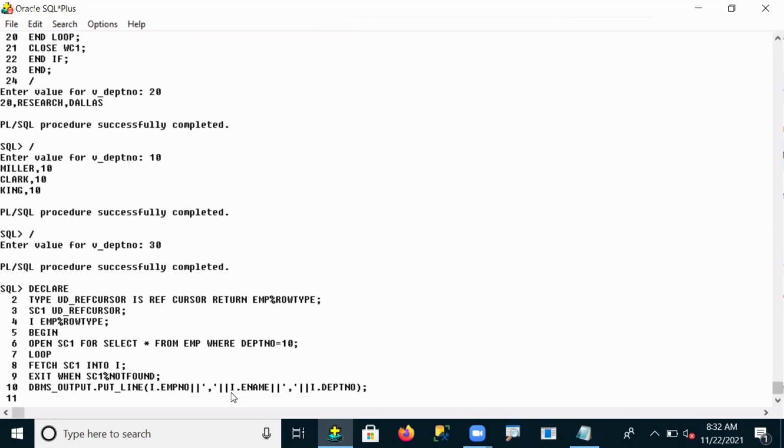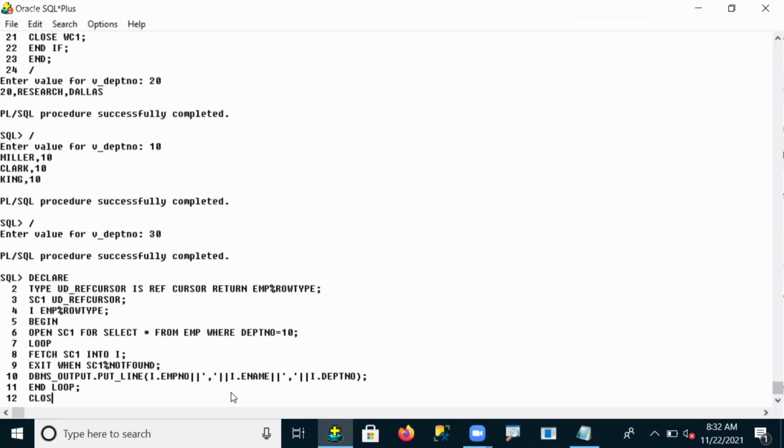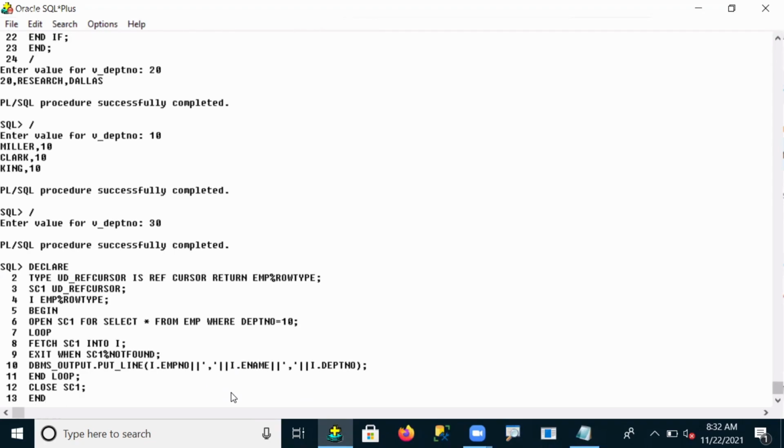After that, I end the loop, close my SC1 strong ref cursor, and end the BEGIN block.